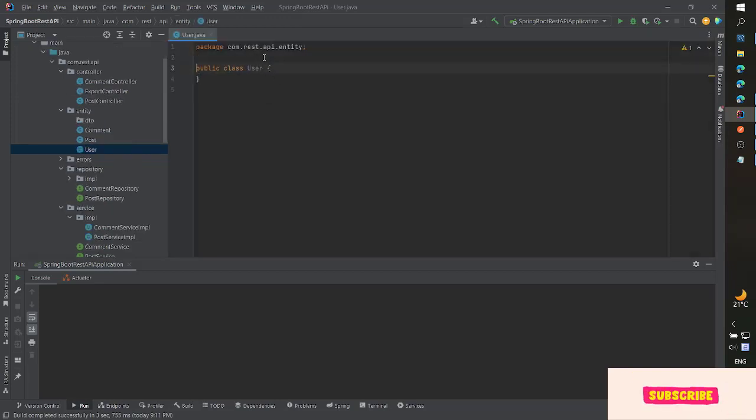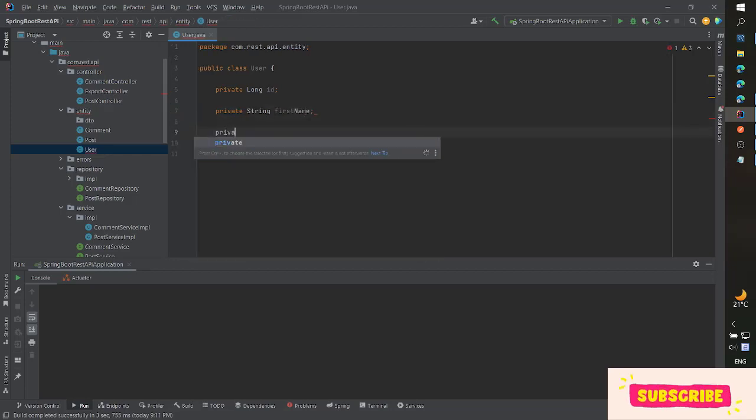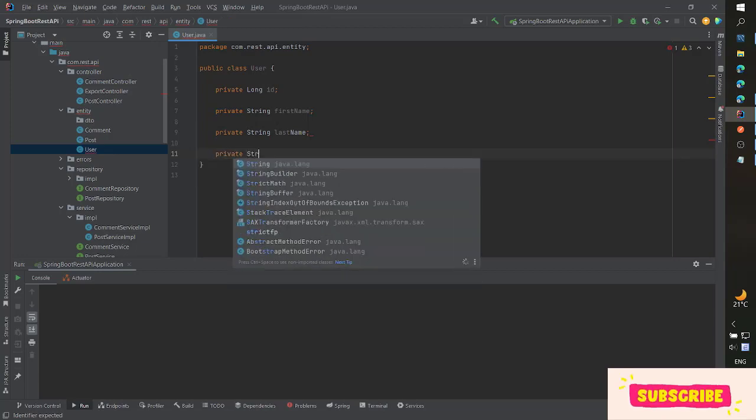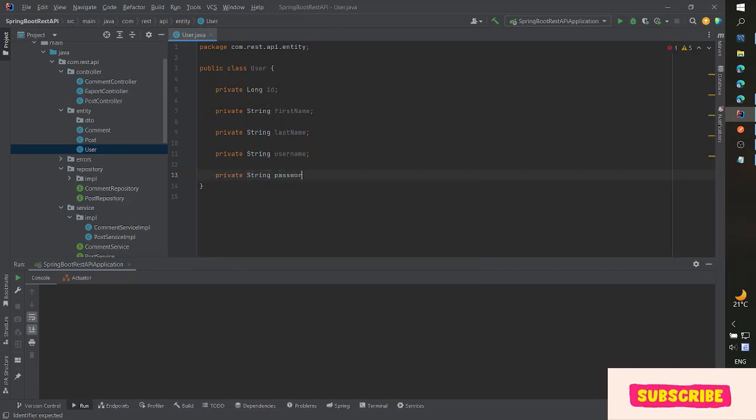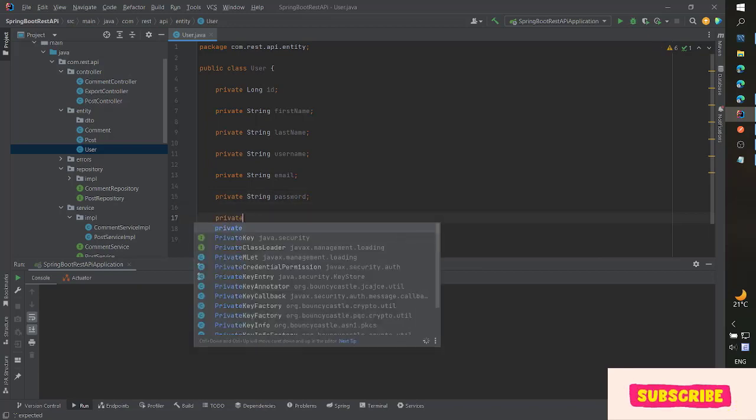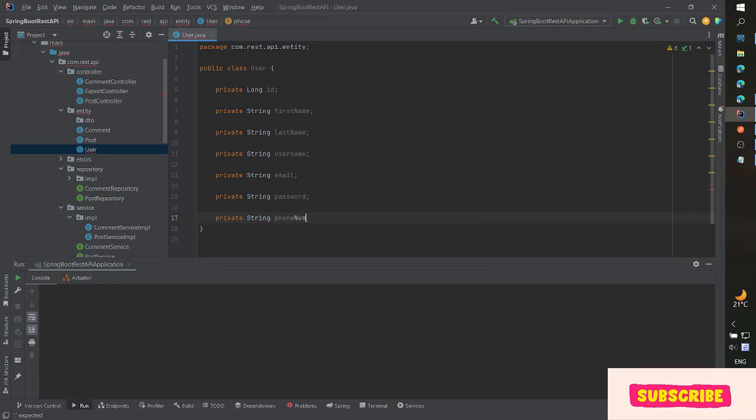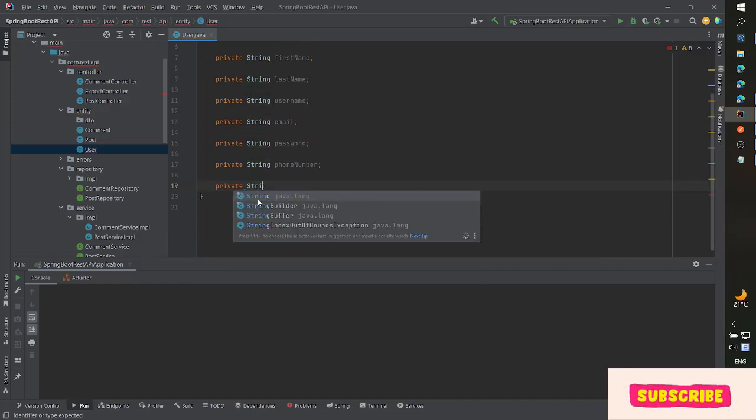The user has a Long id, private String firstName, private String lastName, private String username, private String password, private String email, private String phoneNumber, private Date